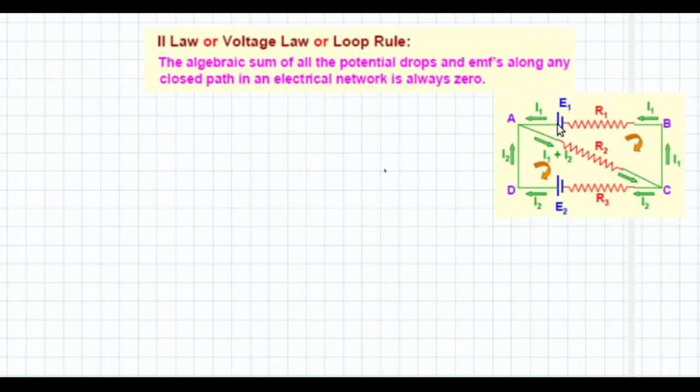Here from E1 there is a current I1 coming, from the cell E2 there is a current I2 coming, and I1 and I2 currents meet at the junction A. Then from A, the total current, that is I1 plus I2, will flow through R2. Again at the junction C, they will be branched out as I2 and I1. I1 will go back to E1 and I2 will go back to E2. So this is the arrangement. R1, R2, R3 are the three resistors in the circuit.